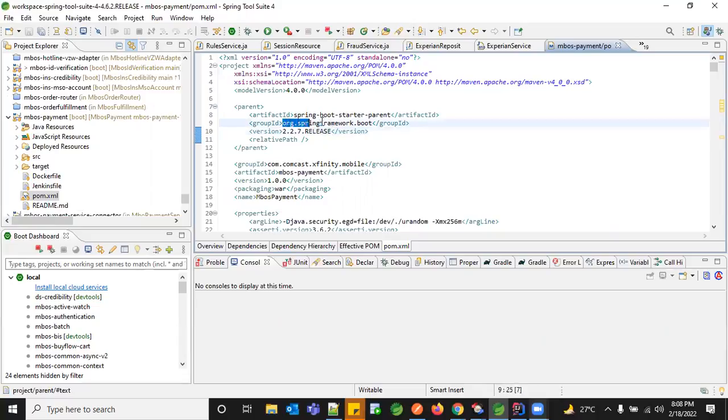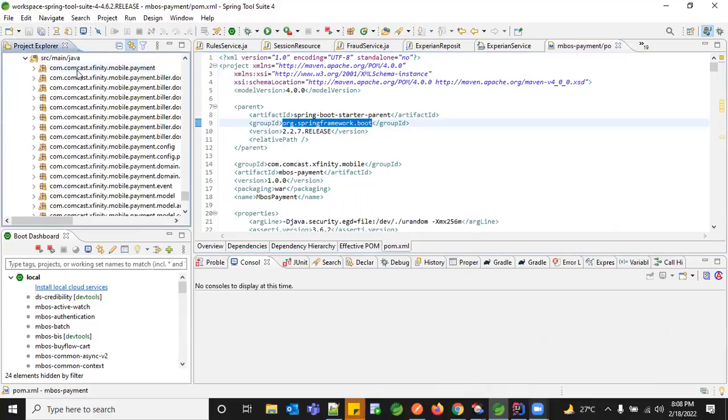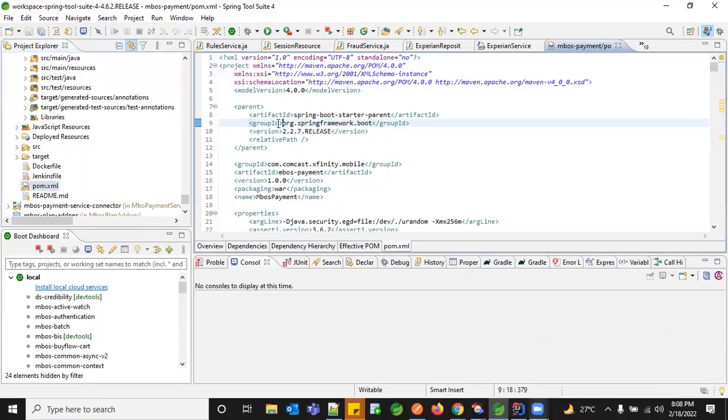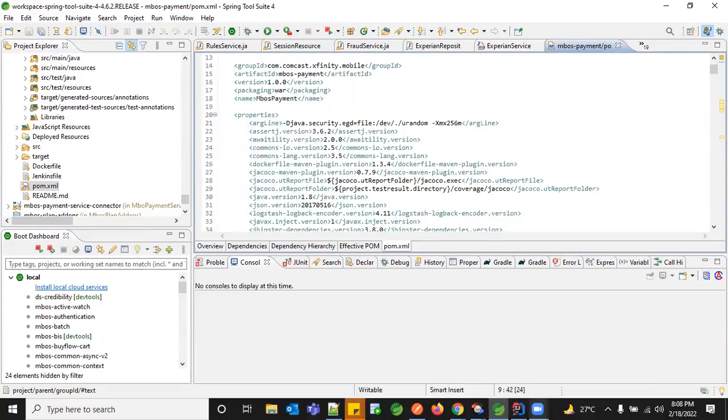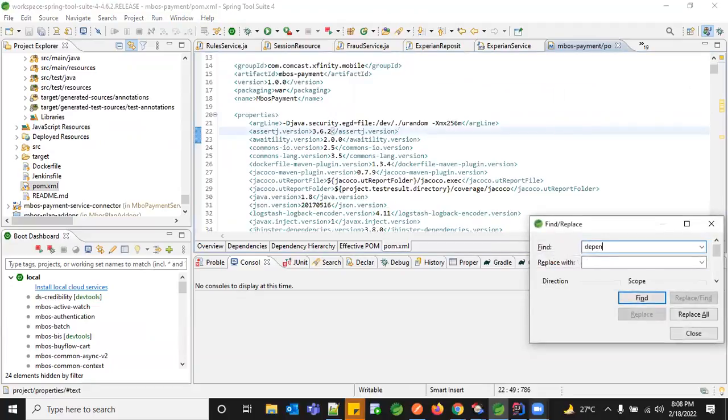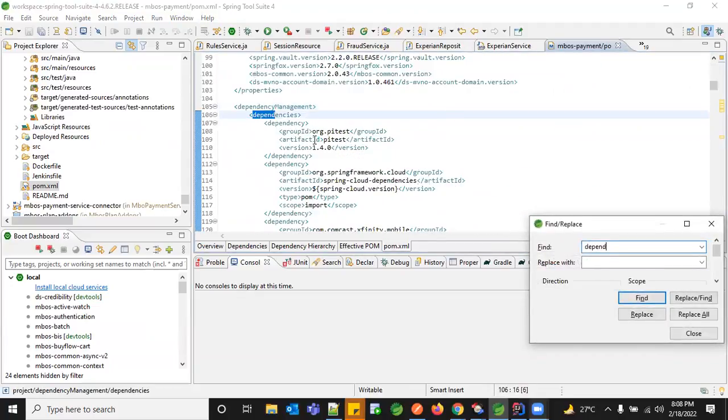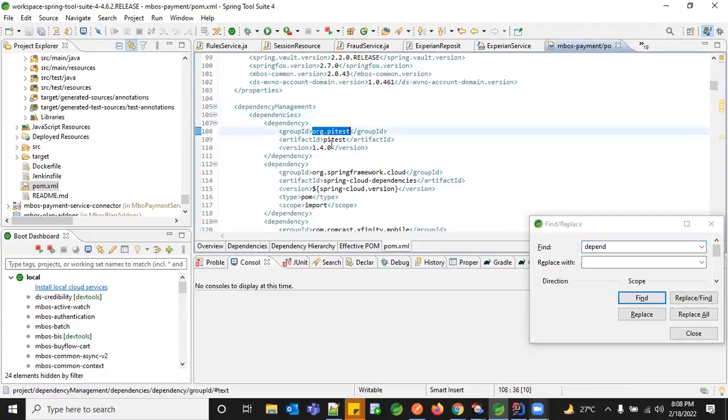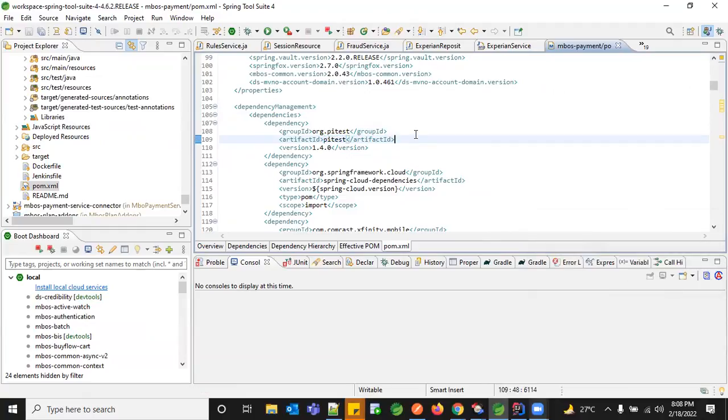Next thing is the package name. Whenever you create a package, you will always have something like com dot something, right? So this would be the group ID. And the artifact ID can be similar to group ID, or you can name it in a more efficient way. So if you see some other dependencies, you have the group ID as org.pytest, and they just mention the artifact as pytest. So it's within our control, whoever develops it, either you want to maintain the entire package structure or you just want to maintain a unique name for your artifact. You can have it either way. And this would be the relevant version.